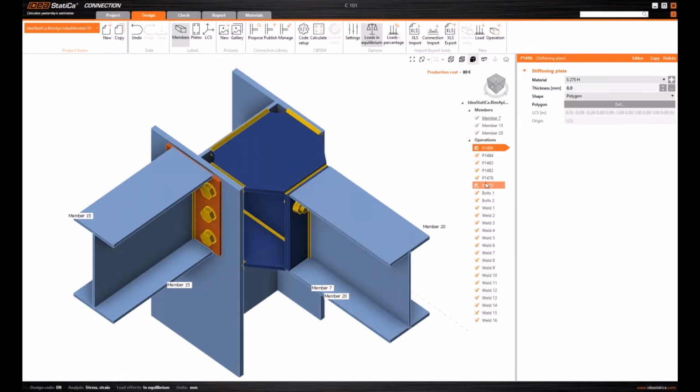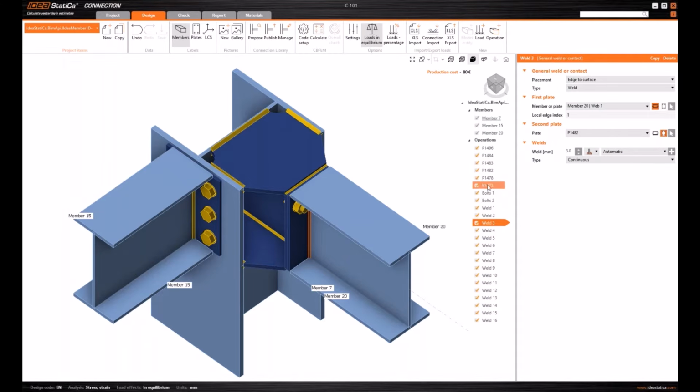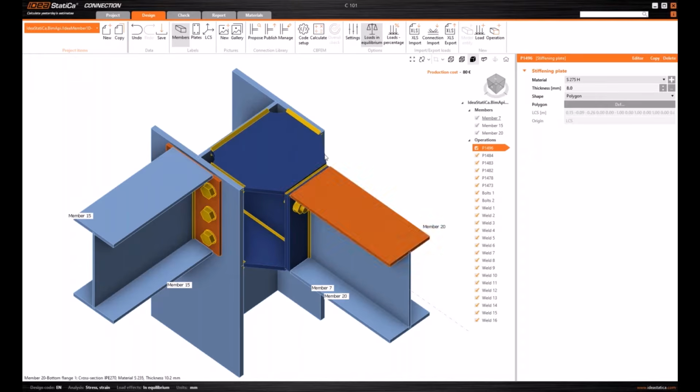You have the operations, which can be weld operations, bolt operations, or cut operations on the plates, and notch operations, etc. You can switch to checking this connection, analyze it using finite element methods, arrive at the design part and prepare a report out of it.